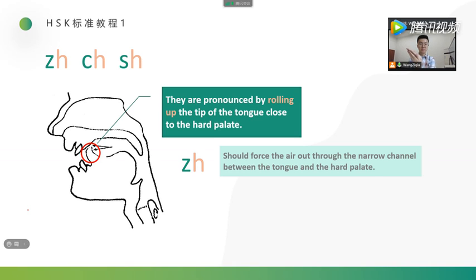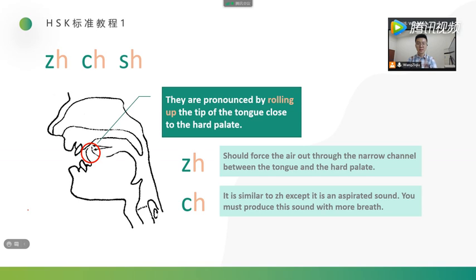For example, this is your tongue. Roll up the tip of the tongue close to the hard palate. Then force the air through the narrow channel between the tongue and the hard palate from here. Force the air. So it means the tip of your tongue and the hard palate are very close. They are very close. Next one. 吃。